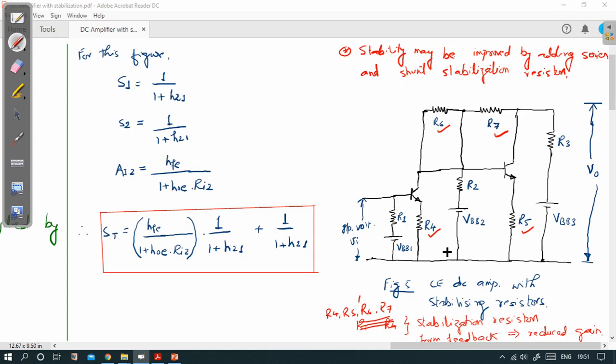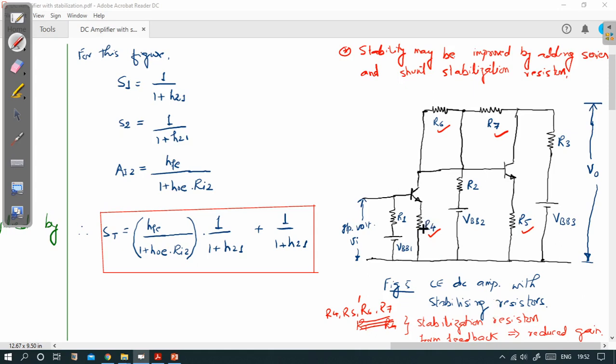calculate the stability for this particular circuit, and compare the stability factor for this modified circuit with respect to the previous circuit, you will find that this circuit behaves better in terms of stability. The reason behind its better performance is the addition of these four resistors, and one factor that is causing this circuit to be more stable